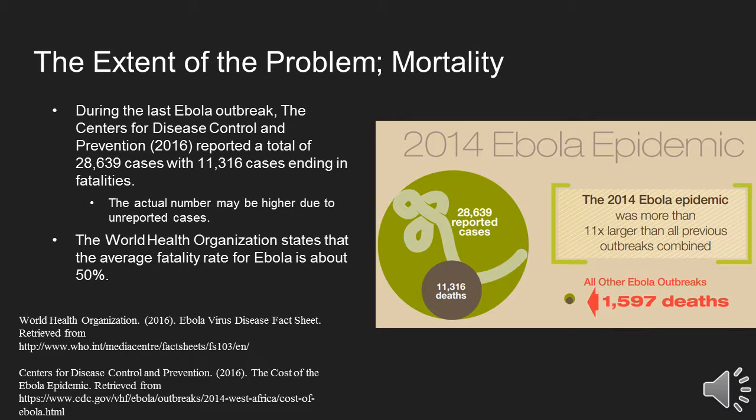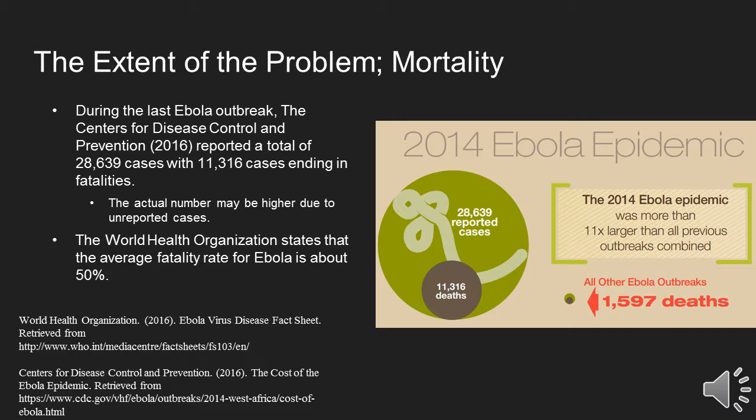The extent of the problem. Mortality. During the last Ebola outbreak that occurred in 2013, Centers for Disease Control and Prevention reported a total of 28,639 cases, with 11,316 of those cases ending in fatalities. The actual numbers may be higher due to unreported cases, but just to give a little reference to the amount